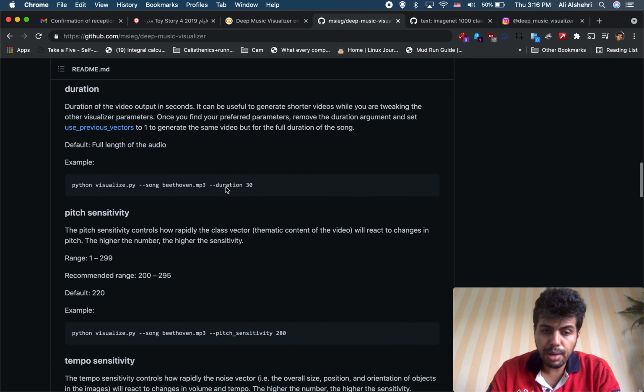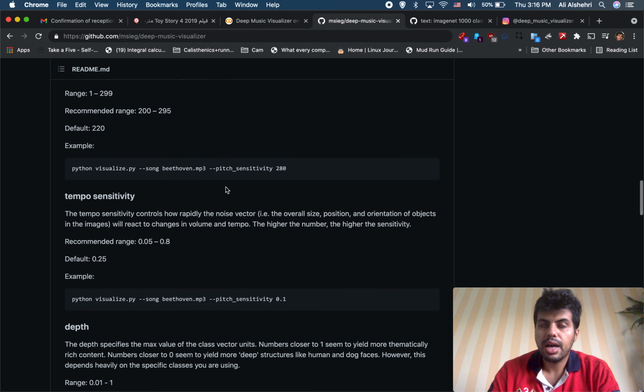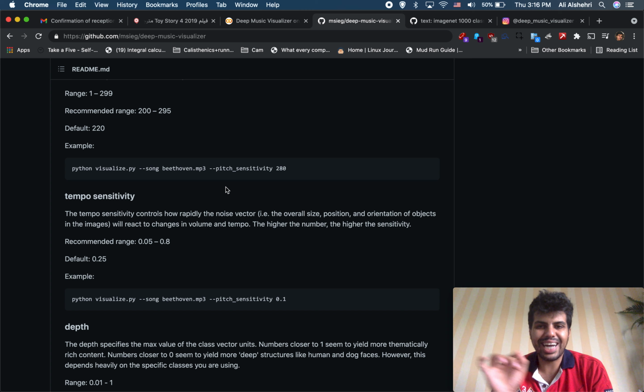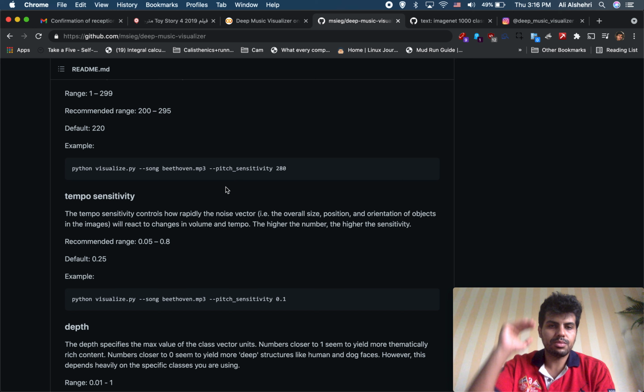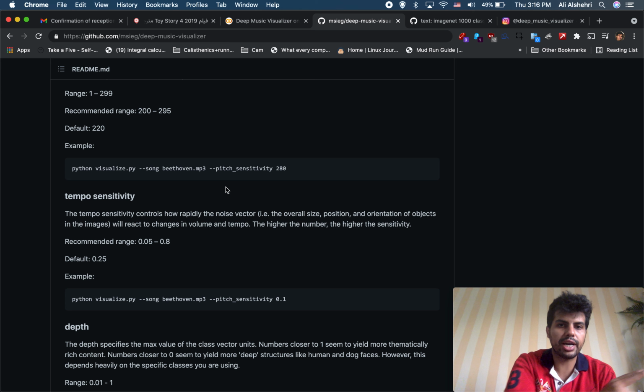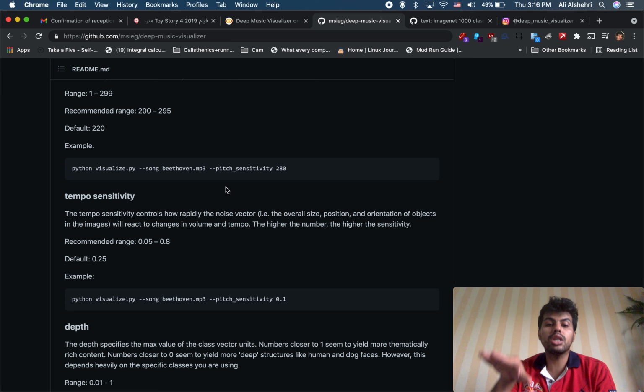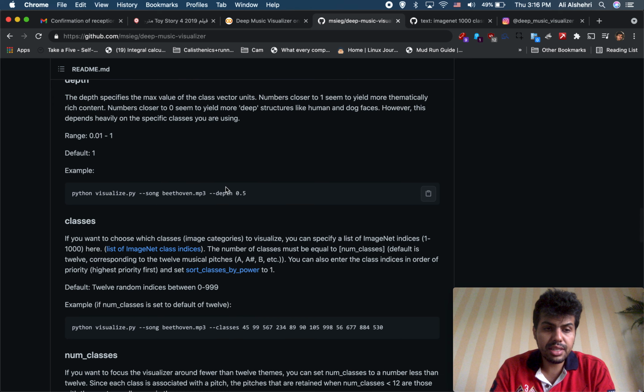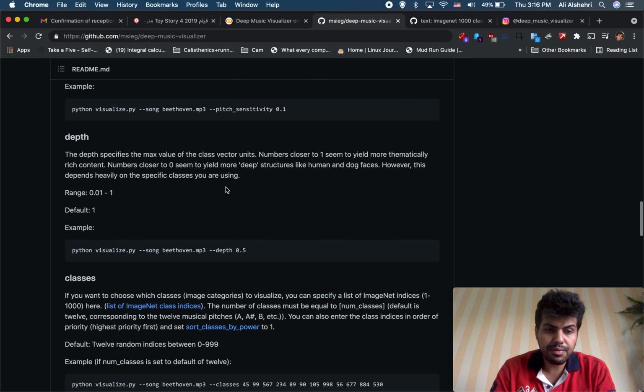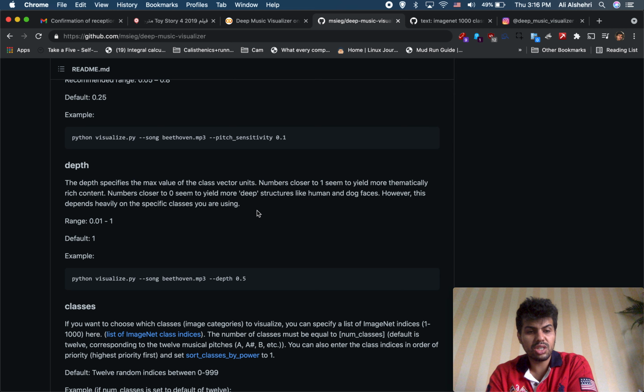You have pitch sensitivity, which is how sensitive, because the music visualizers work on the changes in pitch, not really on rhythm. So that's rhythm, that's time, but you need to hear or focus on the pitch. See, there's an up and down. It's not really how fast your track goes. It's about how high and low it goes. And you have other flags. So you have the range, which